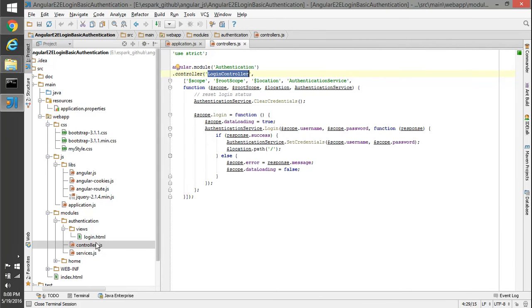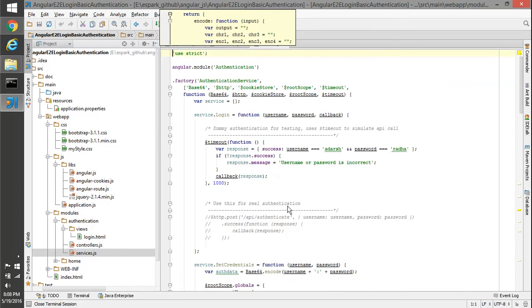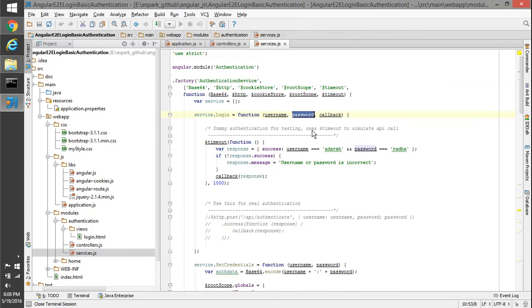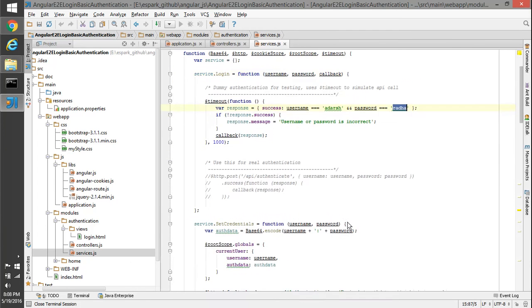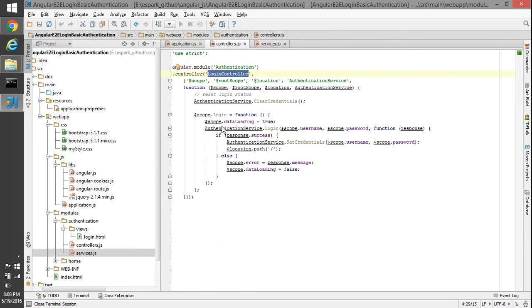So basically we have defined a service here, the authentication service, which is going to get a username and password, and it is matching whether username is equal to Adarsh and password equal to Radha. If it is, then it is going to return success as a result, or otherwise it is going to respond with username or password is incorrect. Okay, and from the controller, if we are getting a result as true success, then we are